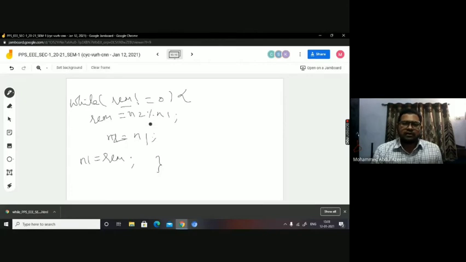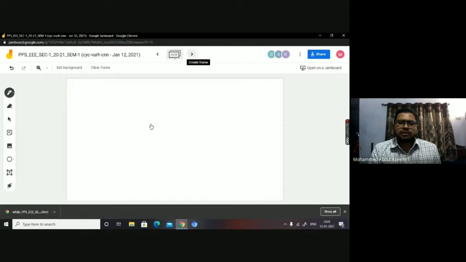But in order to get the remainder before I enter into the logic, I need to perform this operation before as well. So when I perform this operation before, these statements should come above, then my logic will follow. In the next statement I'll write remainder equal to n2 mod n1.